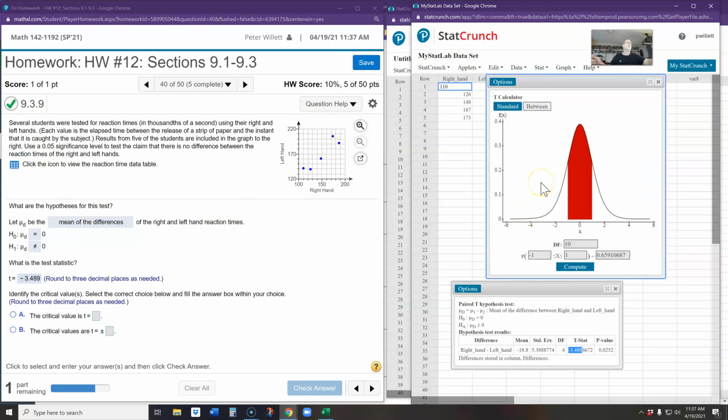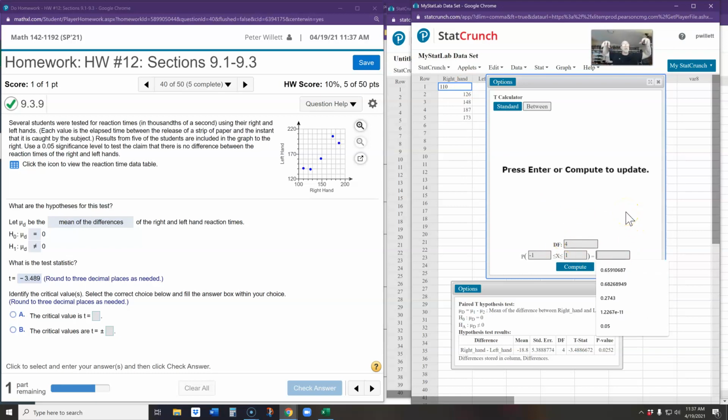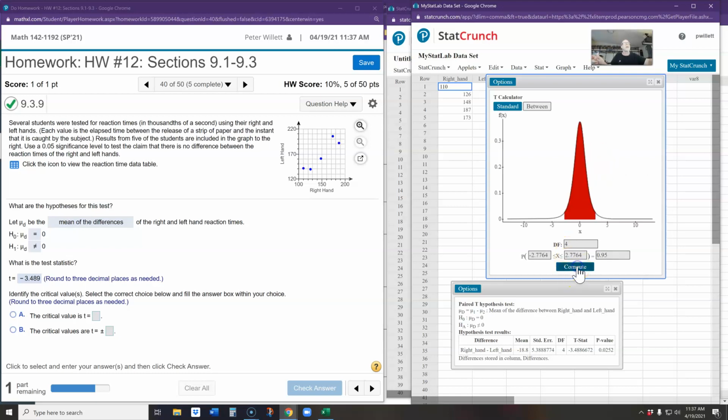In the between option, we need to enter the degrees of freedom, and the area in the middle. We only had 5 values here, so our degrees of freedom is going to be 4. For both of the tails to add up to 5%, the middle region has 95%, so we enter the part between the two critical values: 0.95, and hit compute. It shows me a picture where 95% of the data is in the middle. That means the other 5% is split between the two tails, outside of these two